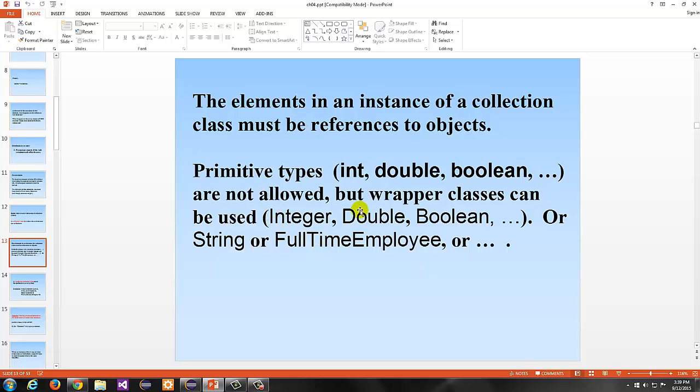So Integer with a capital I, Double, Boolean. Everyone except for Integer and Character is just the name of the primitive type capitalized. Int has the corresponding Integer, char has the corresponding Character, capitalized. So keep that in mind. But the others like Double, Boolean, Float, etc., they all have their primitive name but with a capital. That's the wrapper class. You can also use types that are already non-primitive, such as String, FullTimeEmployee, Cow, Horse,